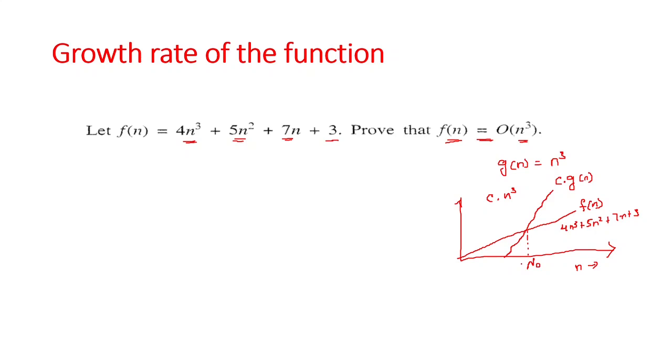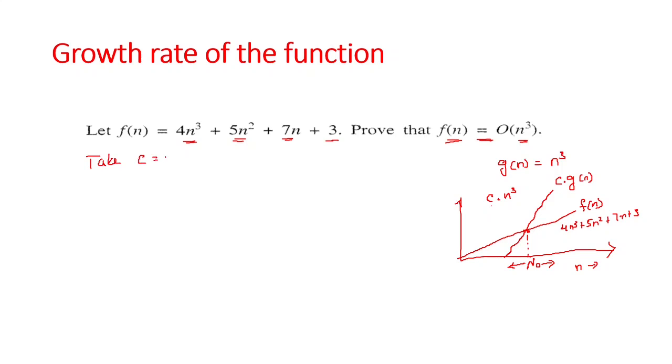Any value below or less than n naught, c into n cube should be less than f of n function, and after n naught, the value of c into n cube should be greater than f of n. So basically some constant into g of n will be greater than f of n. Now what we have to do is identify whether such n naught exists. So to prove, let us take